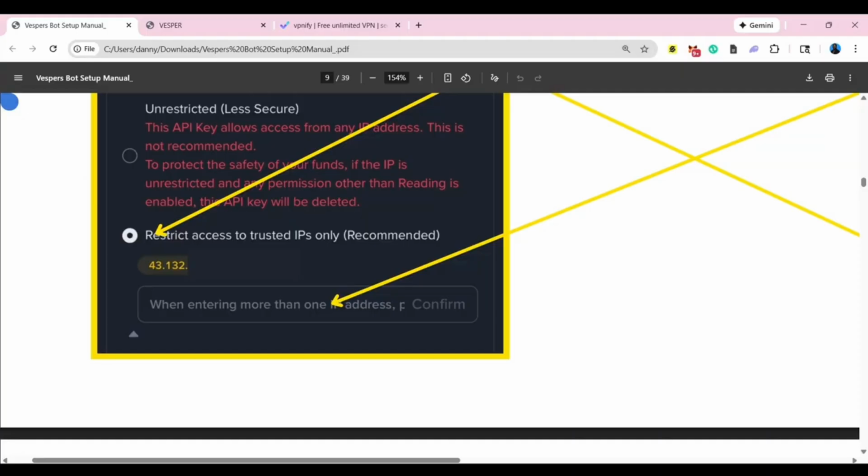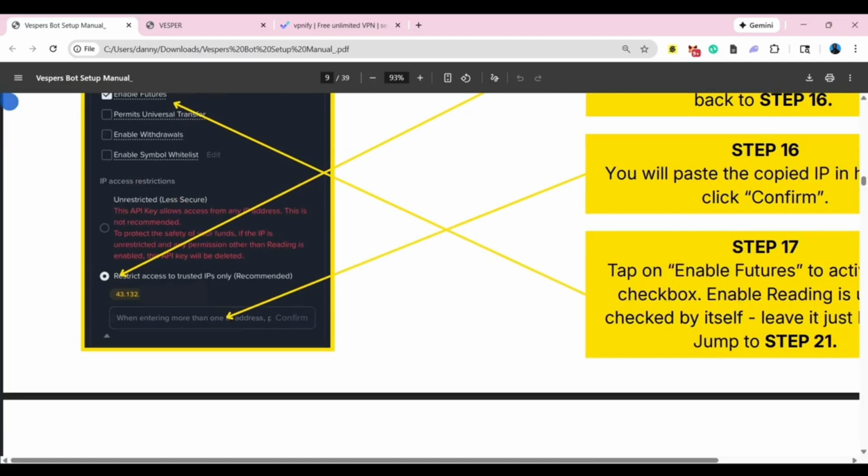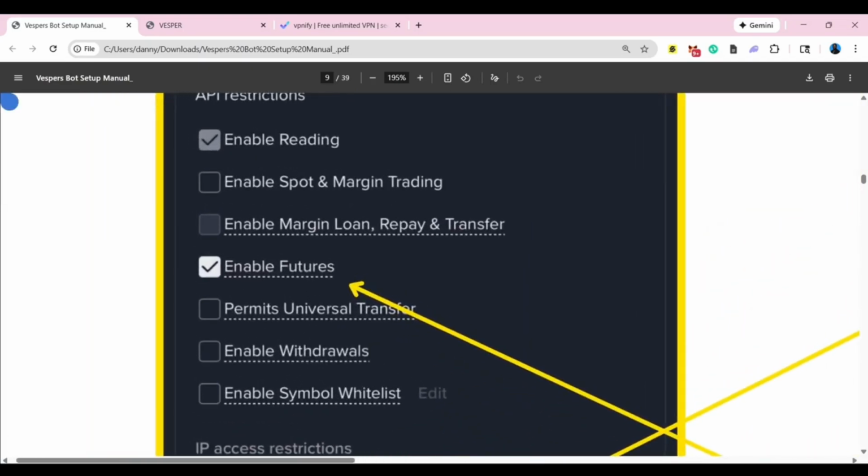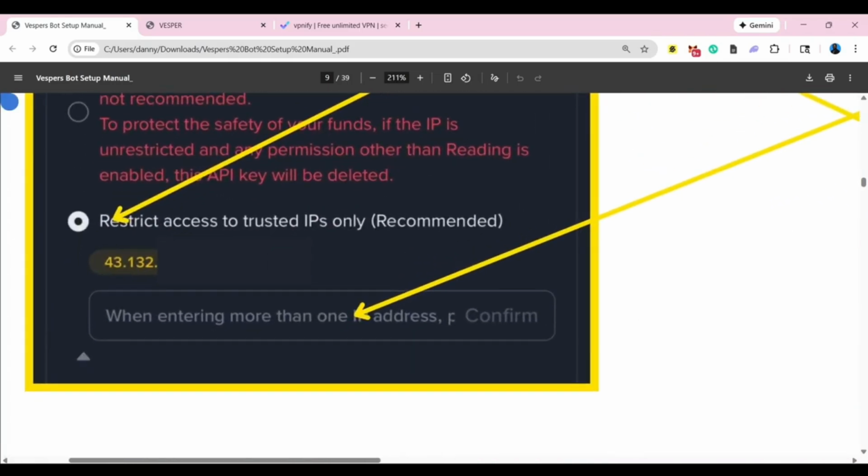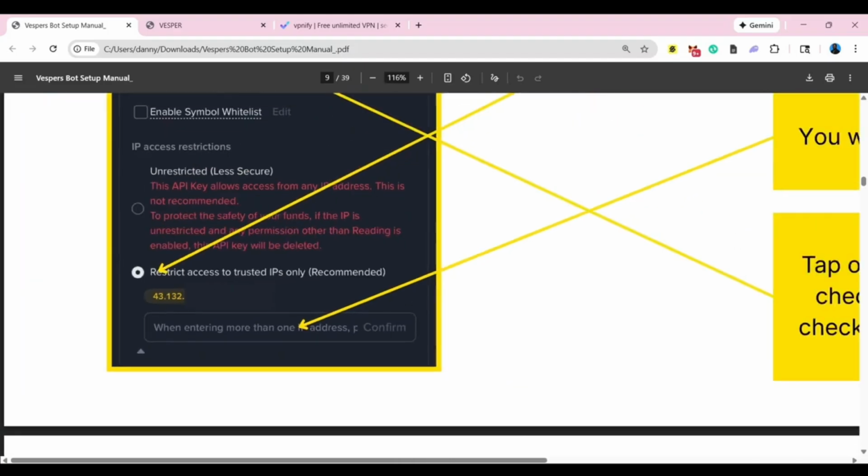and you see restrict access to trusted IPs. Check that. If you don't check that, you're going to see that all these boxes here, all the enable boxes are grayed out. So make sure you check that first. And then once you check this first, we are going to go back into Vespers and copy the IP and